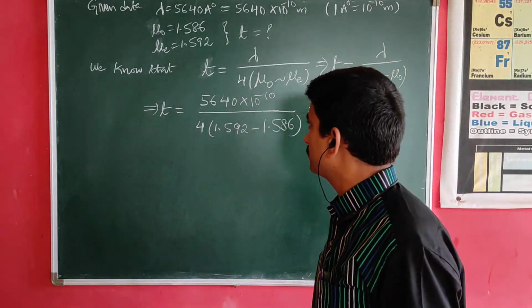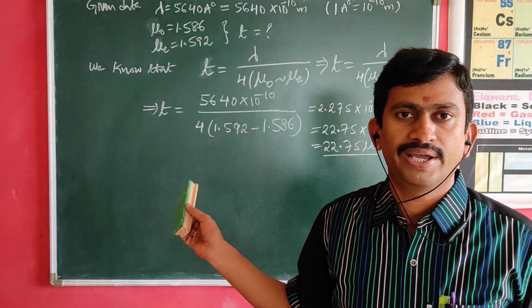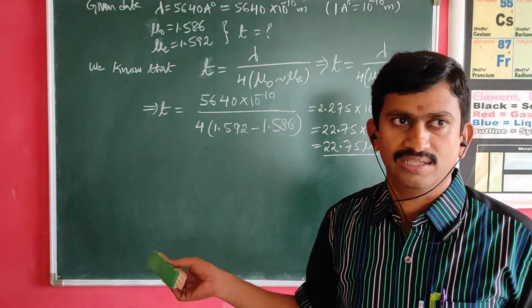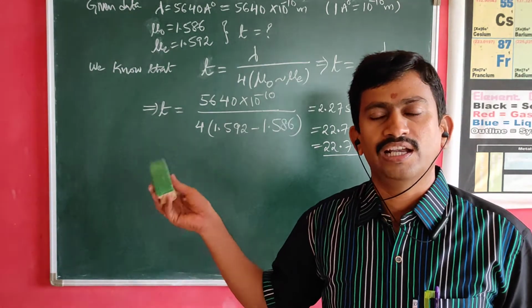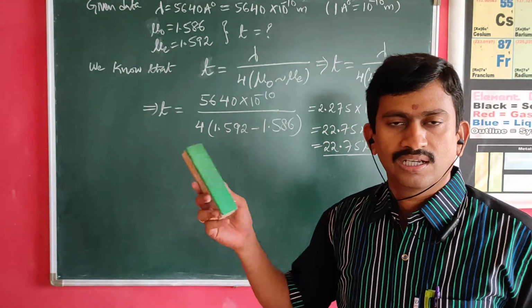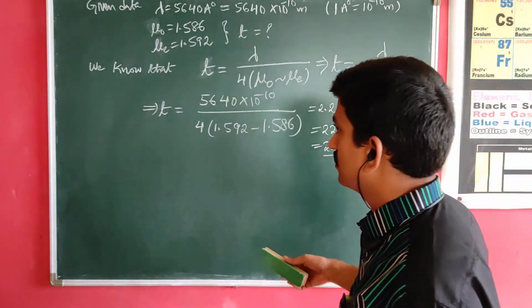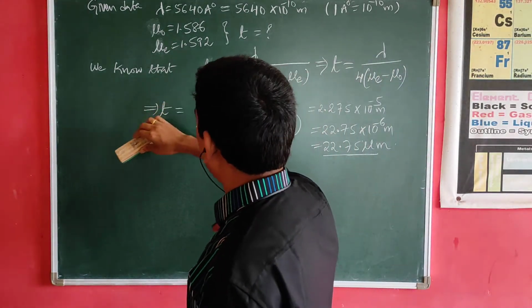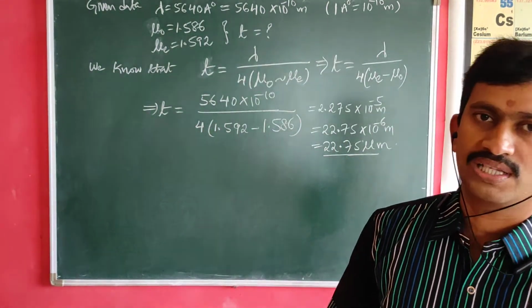All of you note it down, and you have to check by operating your calculator whether you got the same answer or not. If you got a different answer, then comment in the comment box. Otherwise, ask me in the live class. Now we are going to calculate one more problem. All of you note down the second problem.